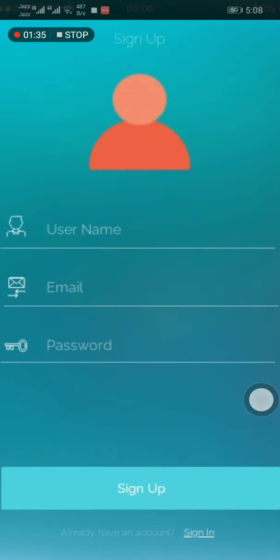and you will be moved to this page. Here you will be required to enter a password which you want to sign in with. Enter a username which will be unique to you and you have to remember it to be able to sign in to our system. You have to provide an email address and then click on the sign up button. You will be signed up to our system and you will be registered on it. Then you will be able to use it. Let's move to our next page.